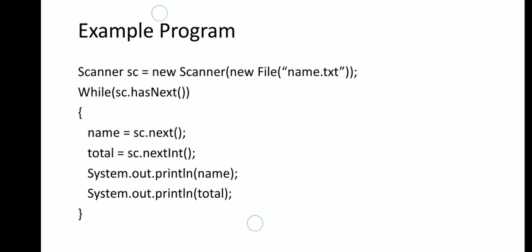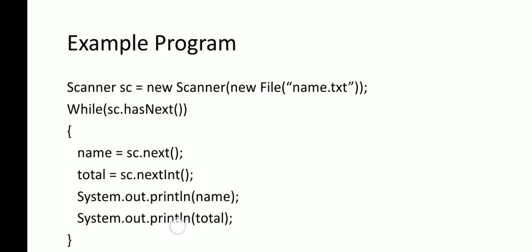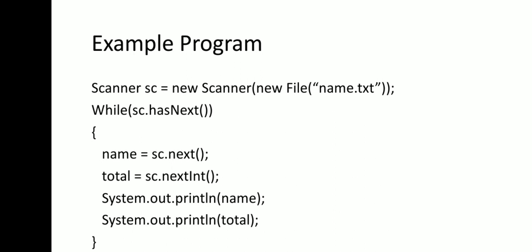So the first step is you have to create an object, and here I am creating a new file with the name name.txt, and imagine this name.txt file is having a name and total written inside, and I want to read the name and total from the name.txt file. So how can I do it? With the help of a simple while loop, while of sc dot,